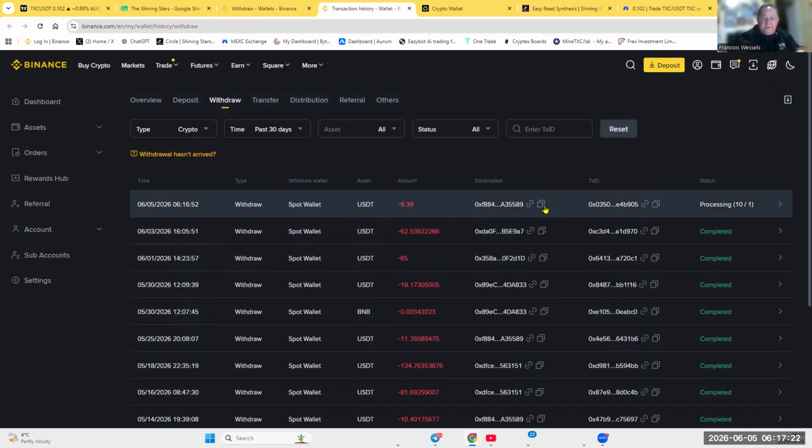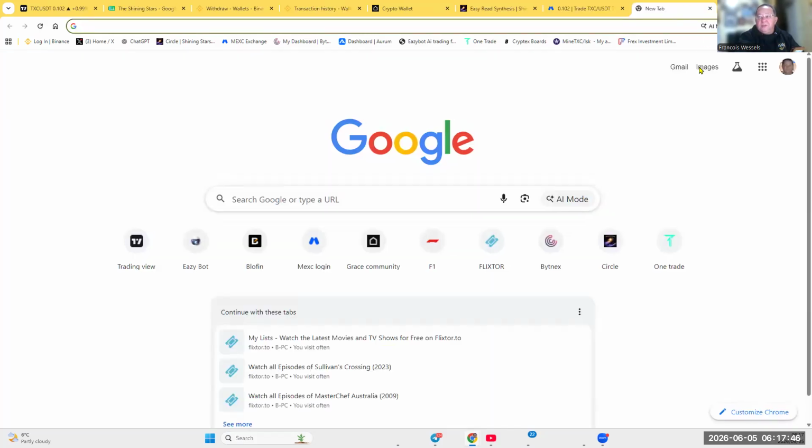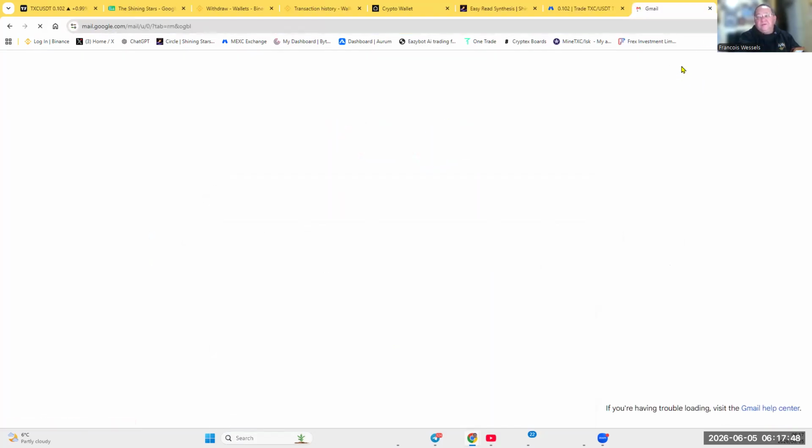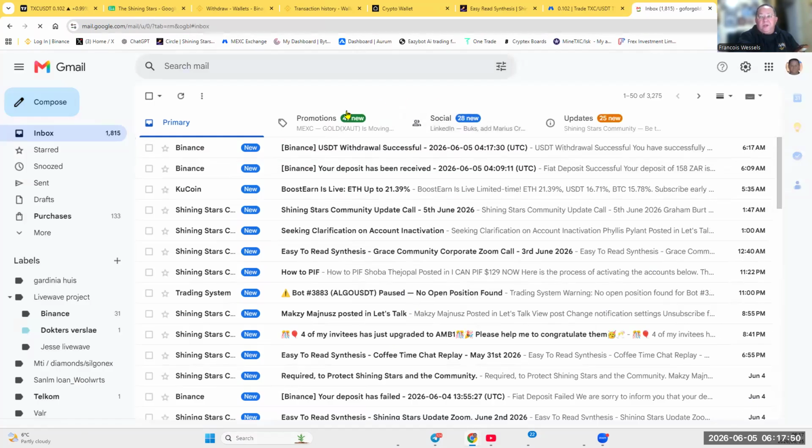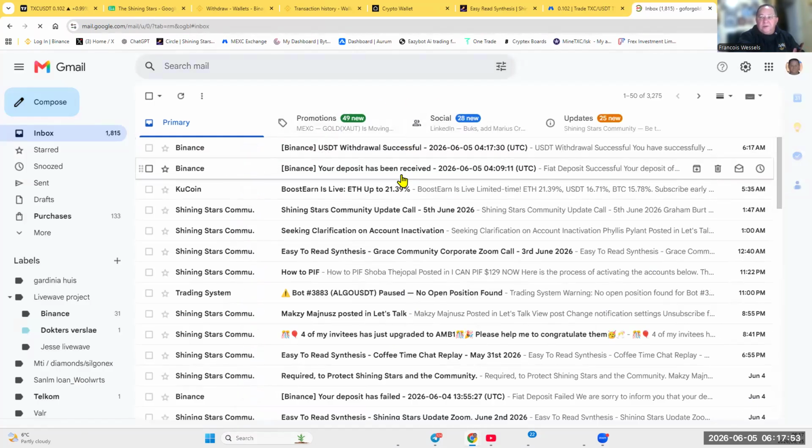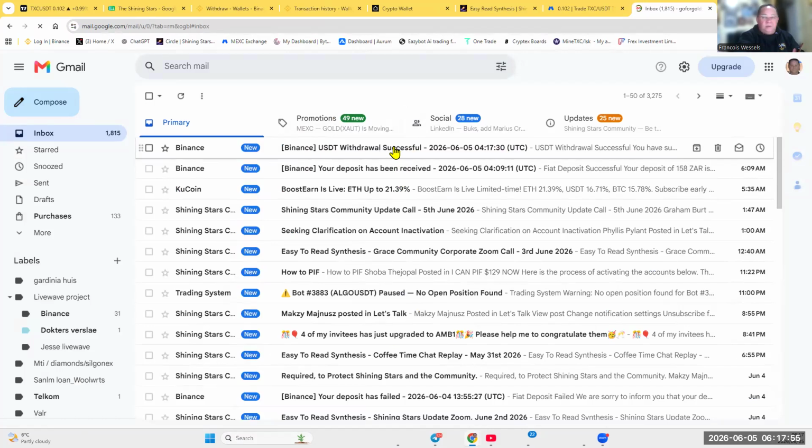This is a very, very, very important step. You cannot press the recall scanner in your Grace community if this process is not completed. Some people just jump and go and check. What I do advise people is to do it either in Binance here or go to your email. You need to wait for the confirmation email that Binance has done the withdrawal. Now you guys can see that it's already been done.